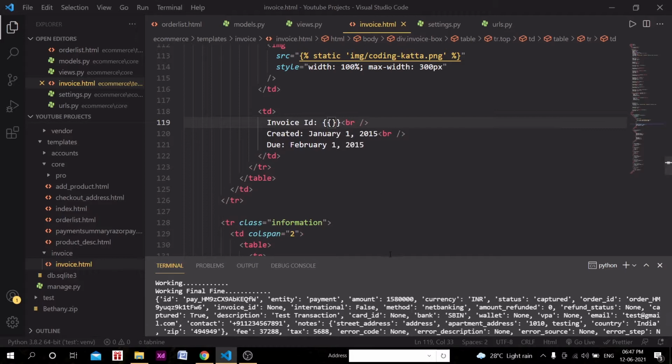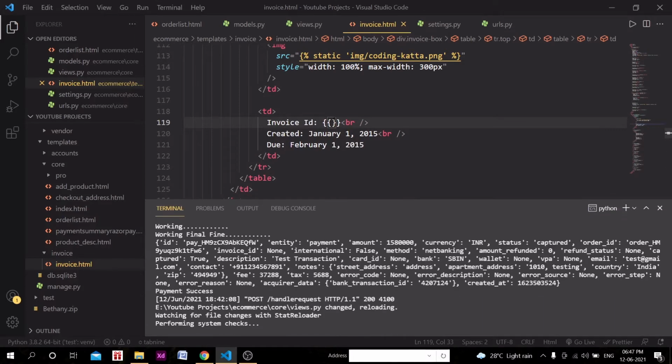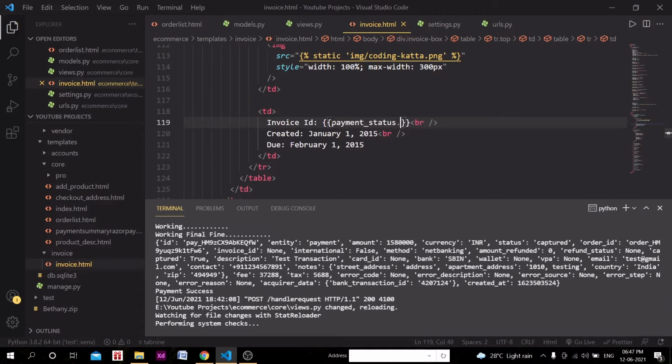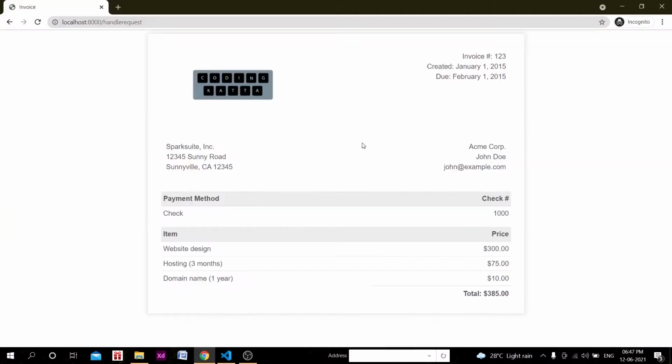We are going to call that invoice id. We have that order id in that payment status object also. So we can call payment status dot order, as you can see here, order id is this, so we can call order id itself. Now let's see whether it is working or not.